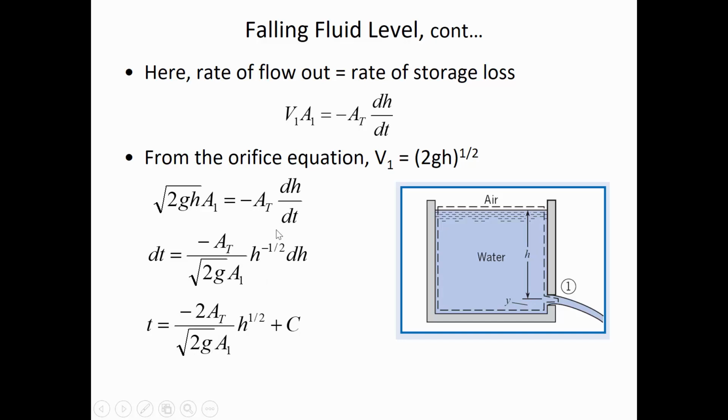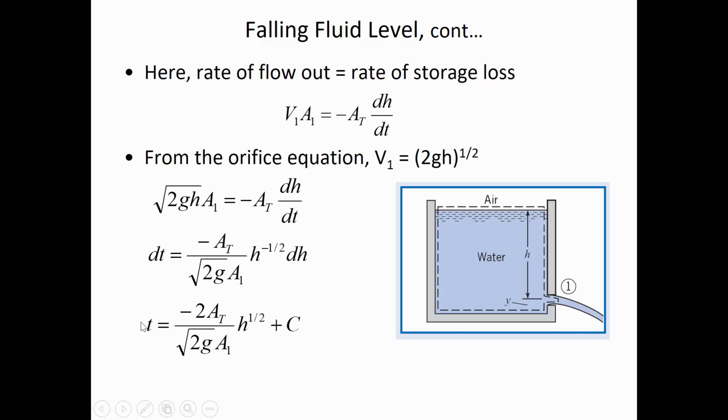But what did change? Here we had height to the 1/2 power because we had moved it over to the other side. And it used to be to the 1/2 power, but now when we move it to the other side, it's to the negative 1/2 power because it should be down here in the denominator, with 2g. So what we're saying is, in this step, we split the h to the 1/2 power, moved it to the other side, so now it's to the negative 1/2 power. But then when you integrate with respect to h, it goes from h to the minus 1/2 to h to the 1/2. So